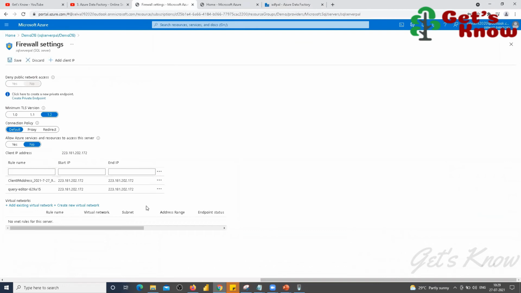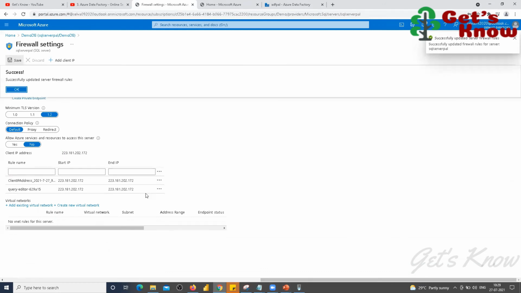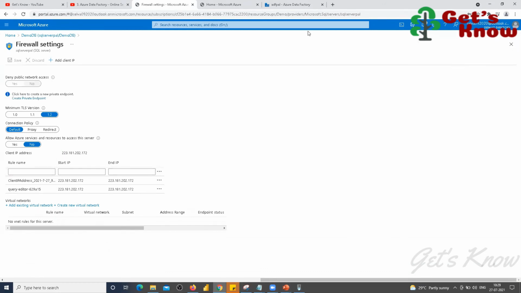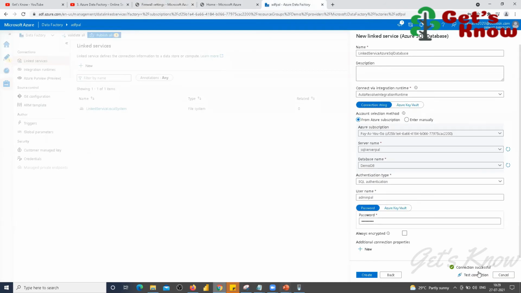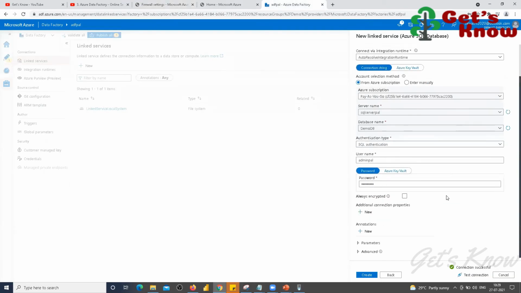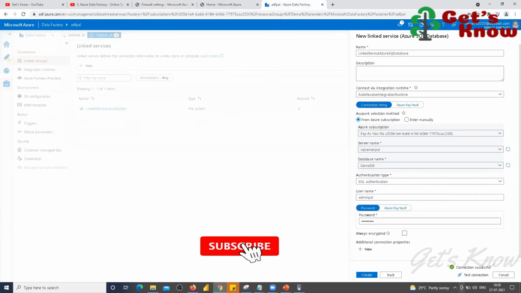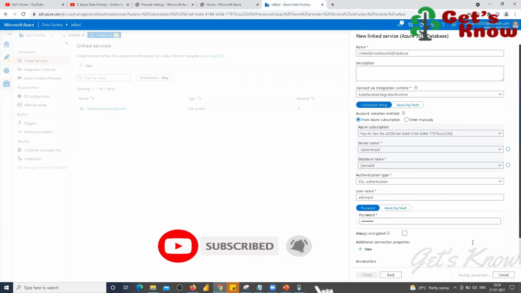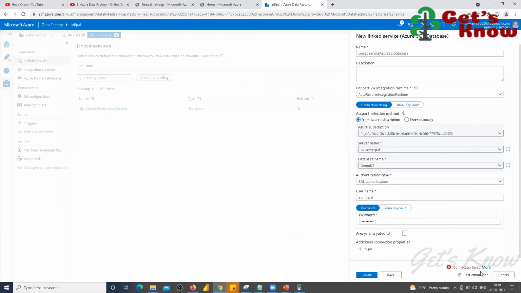I'm just removing the rule, then saving it. That's it. Okay, fine. Now coming to this ADF, I'm trying to connect this one. I'm just clicking the test connection. See, it is not connected.